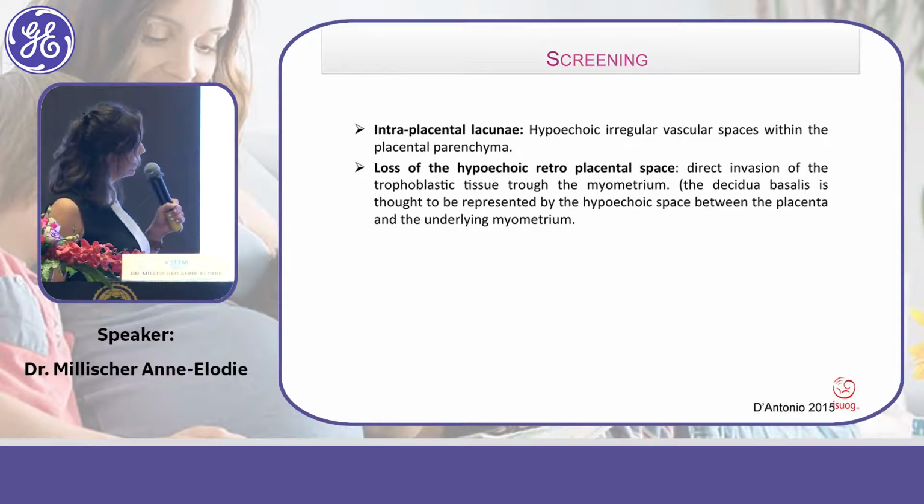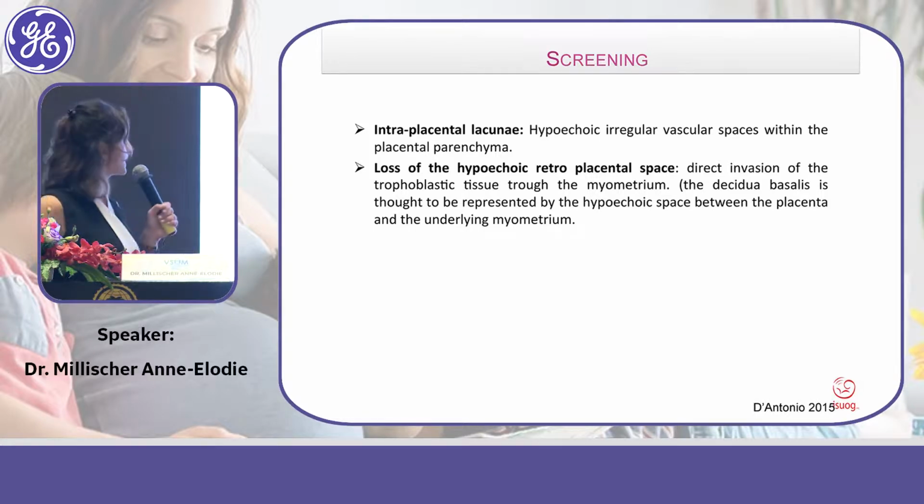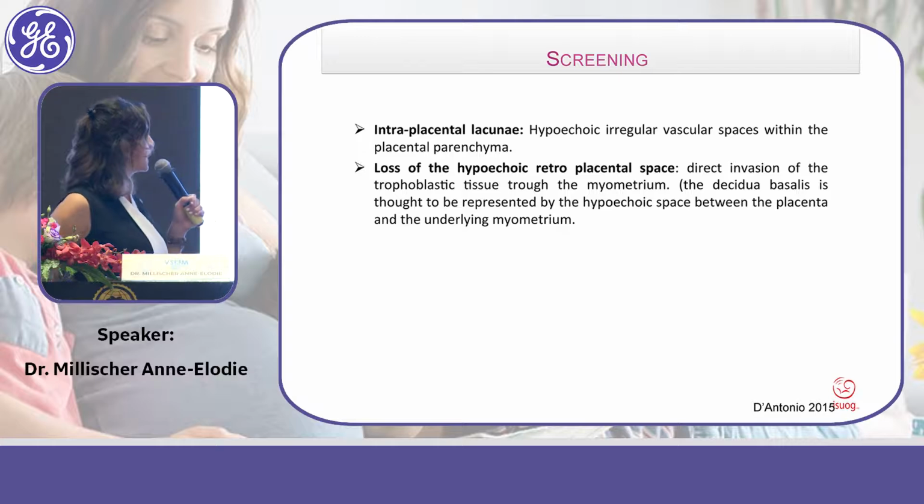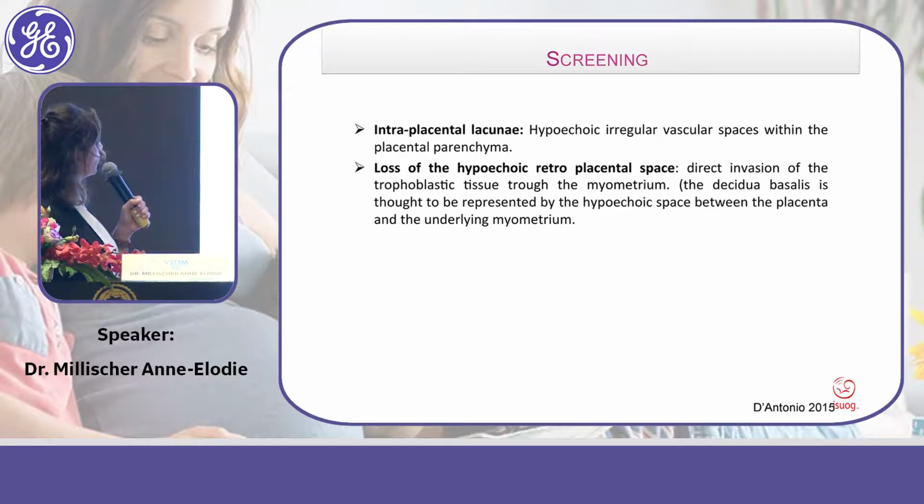You have other example of those lacunae, and you can see that there is some vessels which cross the inner part of the placenta perpendicularly, as you can see here. Đây là một cái ví dụ về những cái xoang mạch máu bắt màu, và các bạn thấy là có những cái mạch máu nó nằm ở phía sau bánh nhau, nó xuyên qua cái bánh nhau và nó đi phía sau. So this aspect is typically of a placenta accreta, concerning the lacunae, the orientation of the vascularization. So it is important to recognize this aspect.